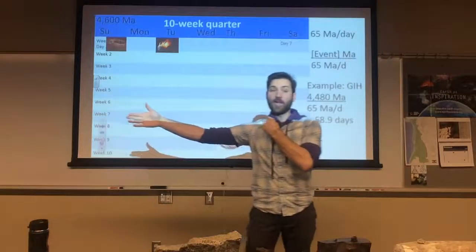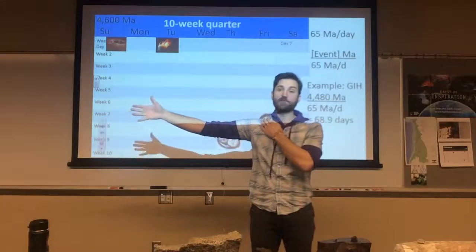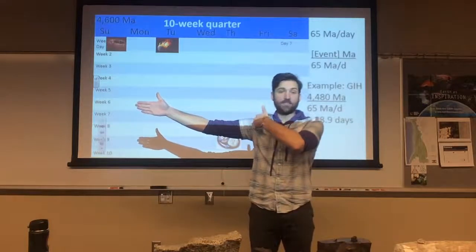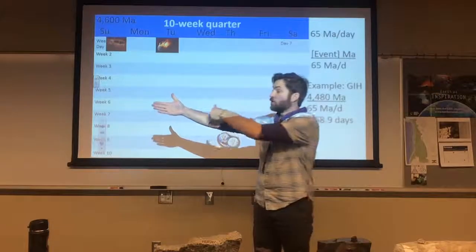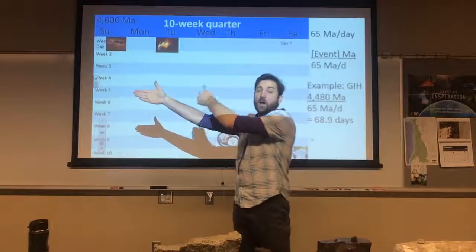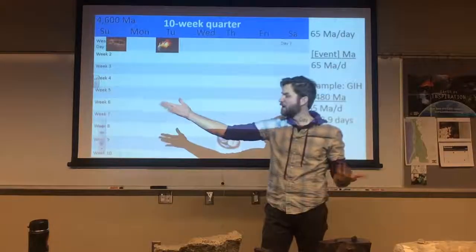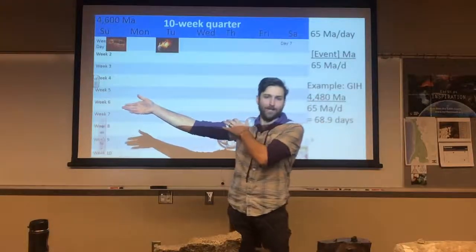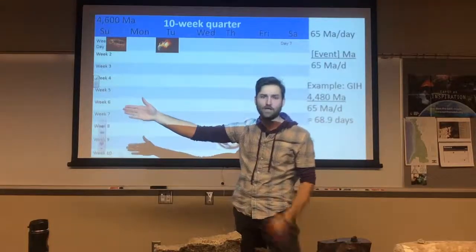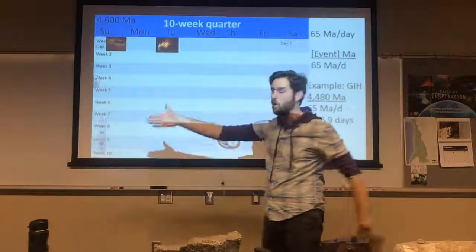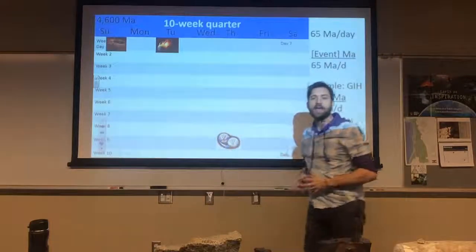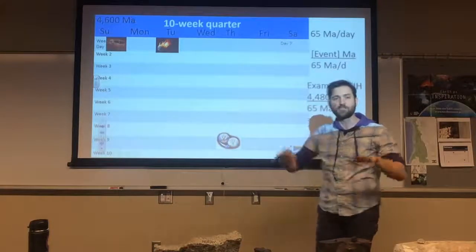Or another great way, and I think I've posted this on the Canvas website, is the length of an arm. If we take 4.6 billion years here and go the length of a human arm all the way to the end, we could also place events along here. Okay, so that's a good, more like a bar type of scenario, right? Like you're hanging out at the bar with your friends, or maybe waiting in the grocery line at the store, and you could tell somebody the story using your arm. But in this case, I wanted to, for the class, expand that out a little bit into context of our class.